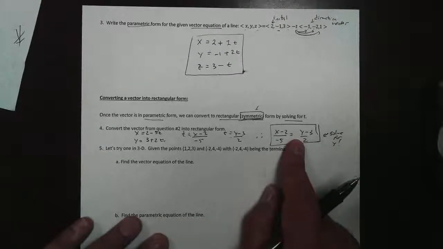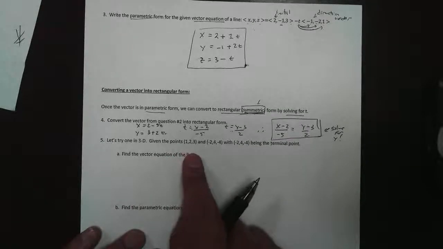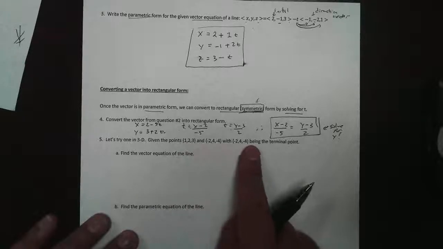So we can leave it like this. This is called symmetric form. So let's try one in 3D. This will show you how much more complicated it is. So we're given the following points